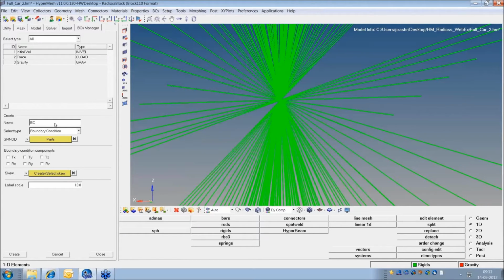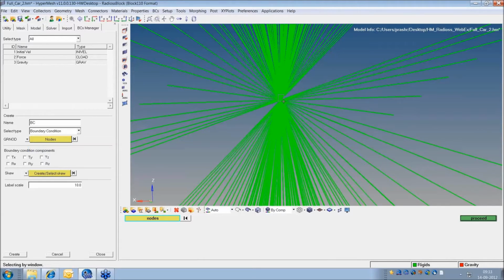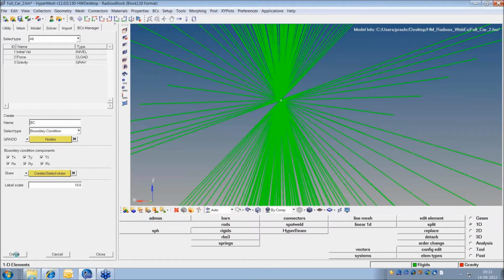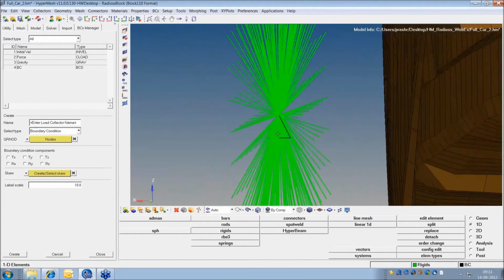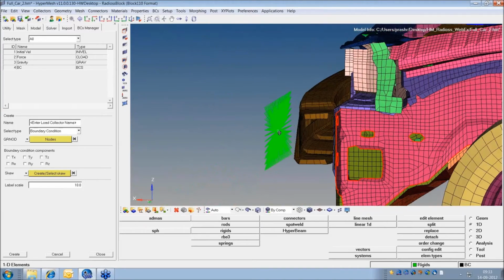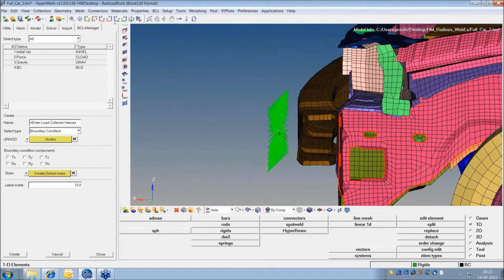So BC, it is on node, select that, X, Y, Z, create. So I just created a boundary condition. Now it will become a fixed rigid barrier.